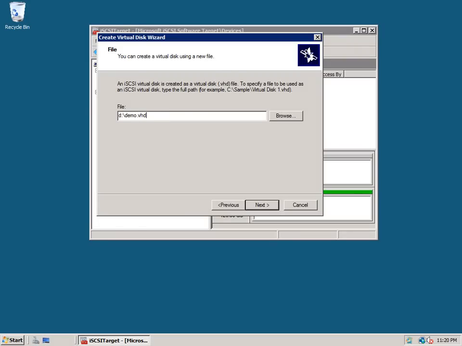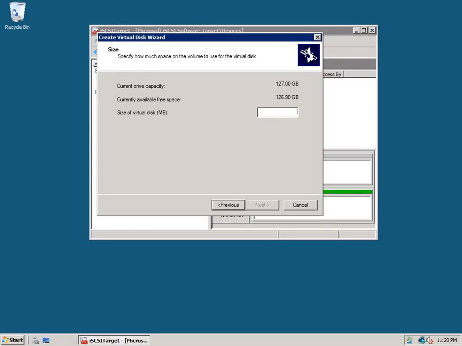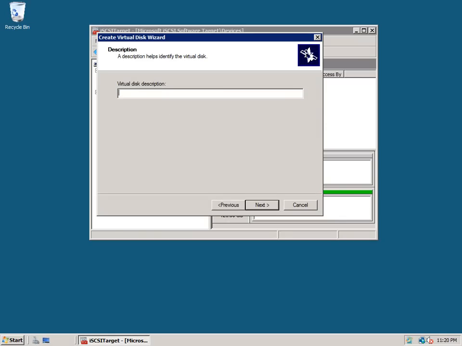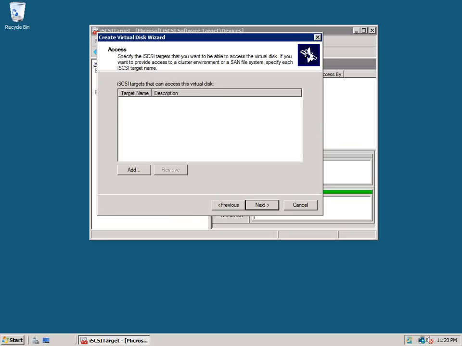I've got a D drive that I'm using for data storage, so I'm just going to put d:/demo.vhd, and we'll click Next, and it's going to ask me what size I want to make the virtual hard disk. You can go anywhere from 8 gigs on up to whatever your maximum is here. So I'm just going to make a 10 gig virtual disk and click Next. It's going to ask me for a description. I'm just going to put demo, click Next,